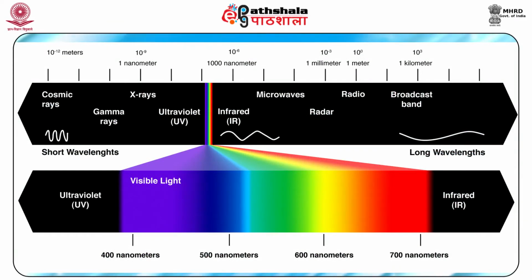The eye is sensitive to a range of wavelengths from about 400 nanometers, which is seen as violet, to about 700 nanometers, which is seen as red. The wavelengths in between are seen as the other colors of the spectrum, and a combination of all is seen